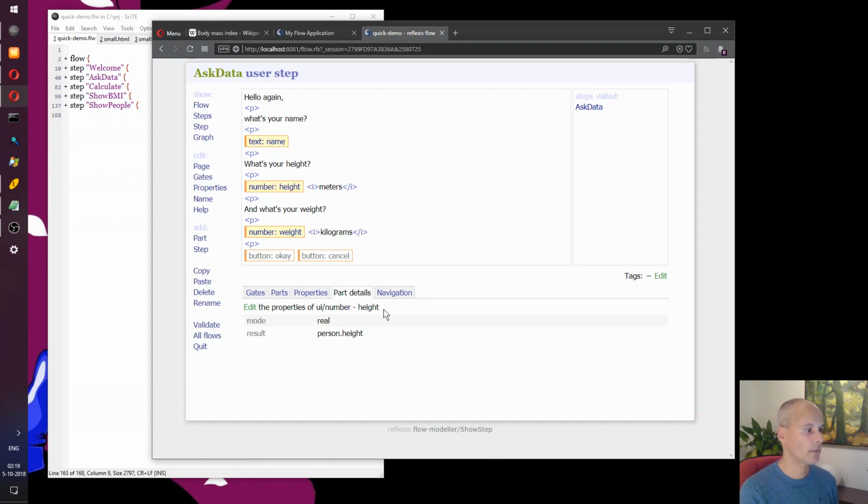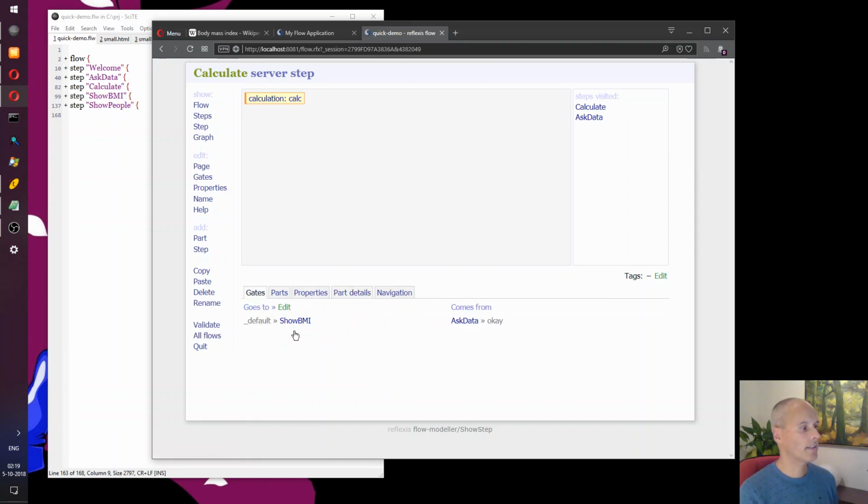For the height part, the result should be stored in person height, and it operates in real mode. Steps have gates. So here are the gates. I can click this here, and then I see there's a calculation part, and here's the expression, here's the result.